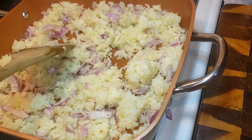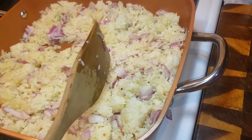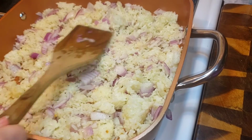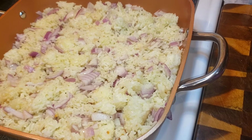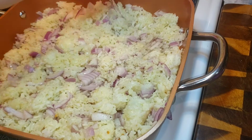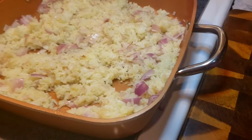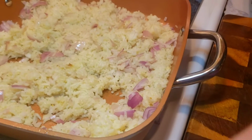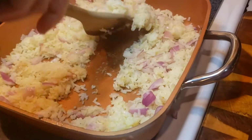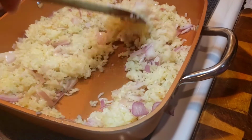so here I am mixing everything together. And then go and grab some water, 1/4 of a cup of water, like here you see, and then pour it over the rice. Now you turn on your heat to medium heat, and you turn it on for 20 minutes, and while it's cooking you keep stirring around